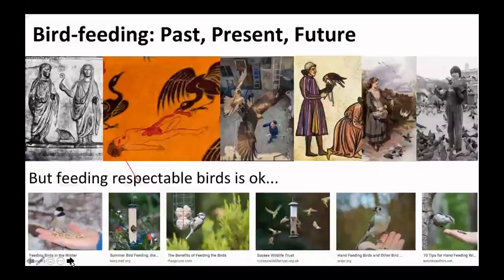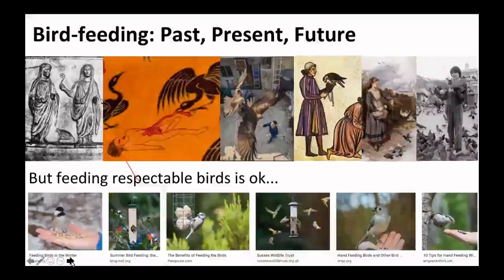So what I'm going to do now is take you through 3 of the main case studies that we're going to be working on. One is bird feeding, one is cat feeding, and then the other one is feeding within zoos. So starting with bird feeding, it's got a really, really deep history. If you look at a lot of ancient texts, you'll see that people were feeding birds. Over on the left here, we've got a chicken that is being fed as a way of divining